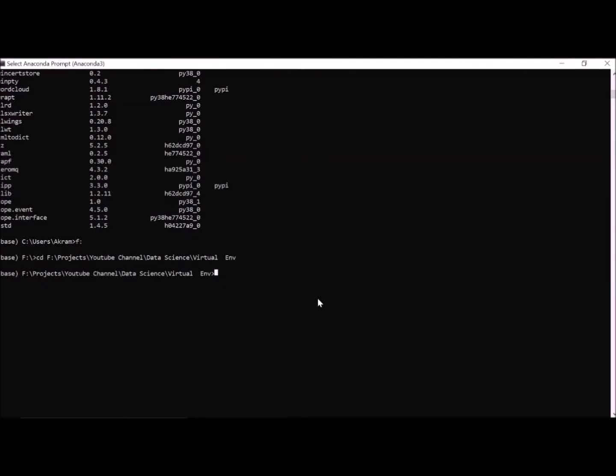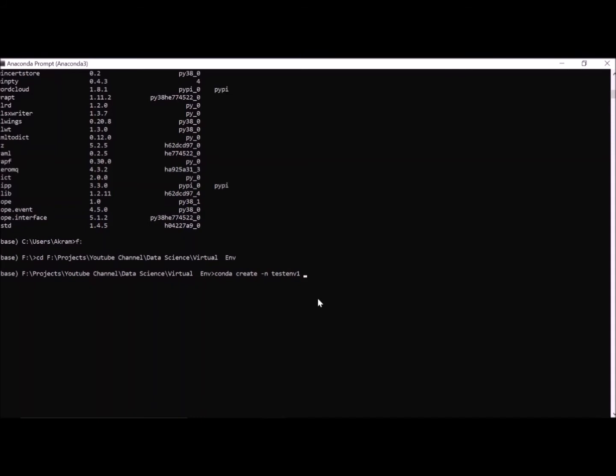Now I will create a new environment using the conda command. conda create -n, then the name: test environment 1. I am giving this name; it is my virtual environment name.